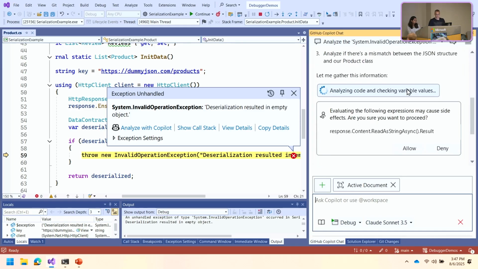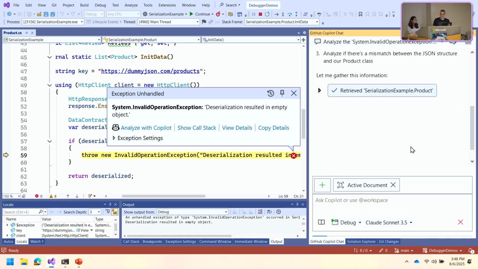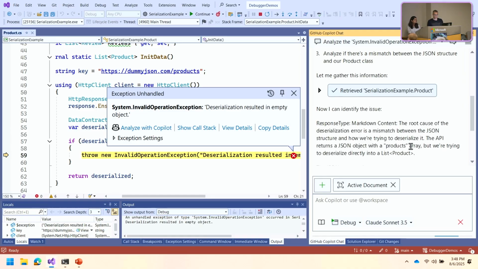So the first thing it wanted to do was to evaluate this expression here. This is basically the content of the response we got, and it wants to read it as a string. Now, this particular expression, since it requires us to run code in the target application, it might cause the application state to change, and we always require confirmation from the user when we attempt such an operation. If it was just a regular expression, Copilot would have grabbed the value behind the scenes without user intervention. Let's go ahead and say allow. And what I'm hoping is Copilot will get this data and then use it in its analysis to come up with the